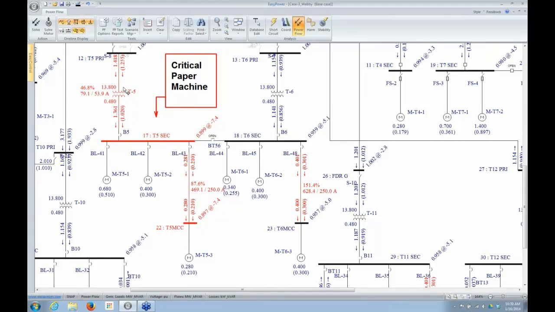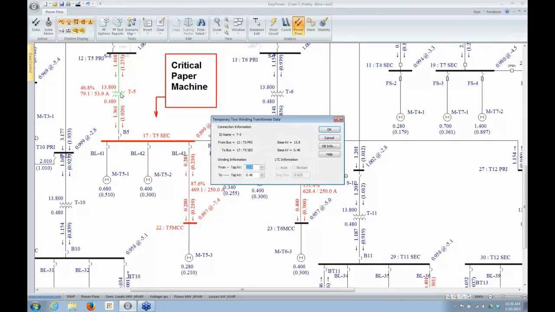So if I double click on this transformer, we have the taps. Again, this is temporary data. If this is a typical transformer, it's going to have some taps on the primary side. And right now it's set at the nominal value of